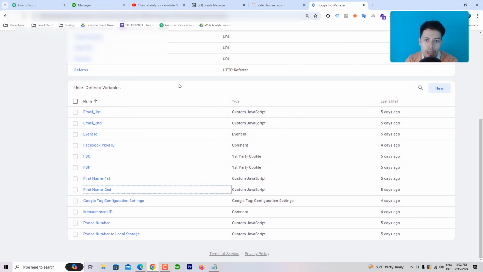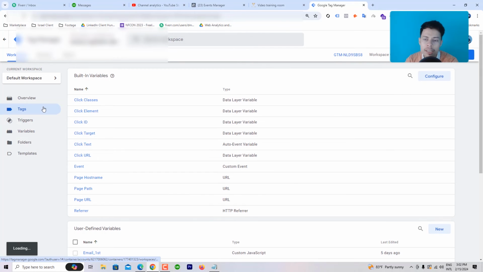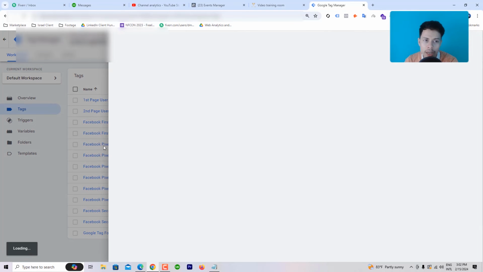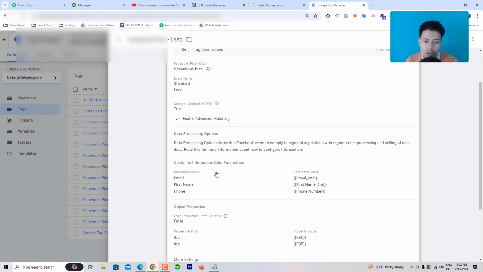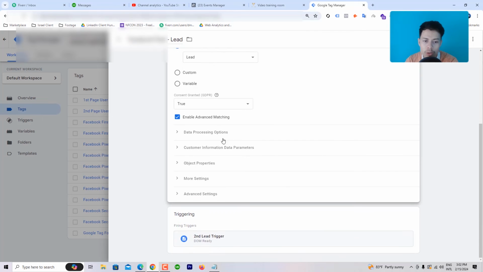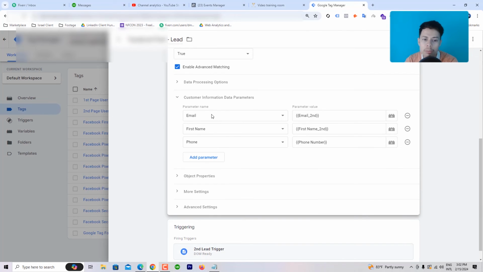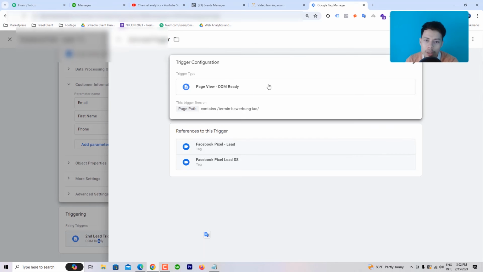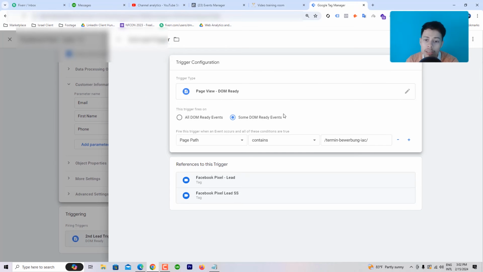Then I create a tag to fire the lead event, the Facebook pixel lead event. This is the information, the three user information I have. Then I pass this information: email, first name and the phone number. These are the three JavaScript variables that I showed you in the variable section. And the trigger, I create using the page path, because